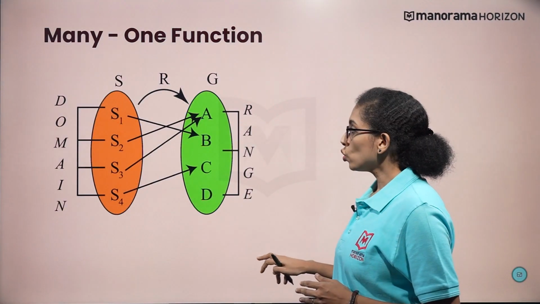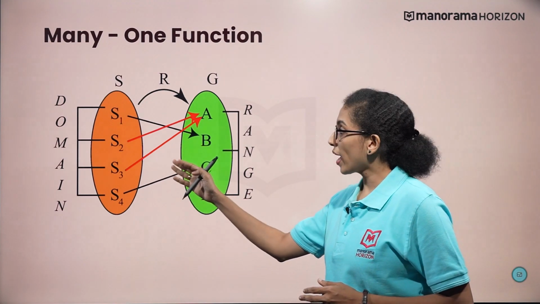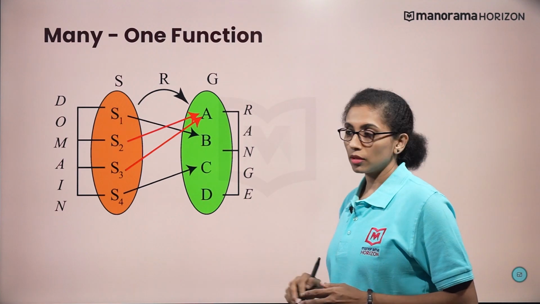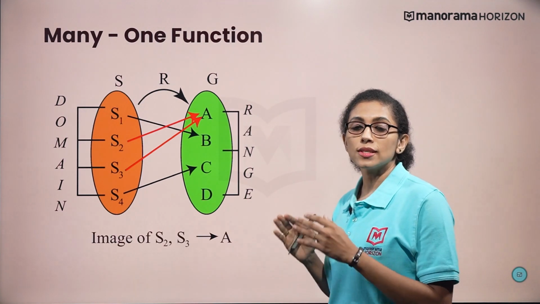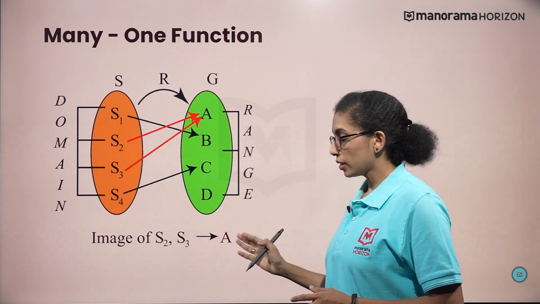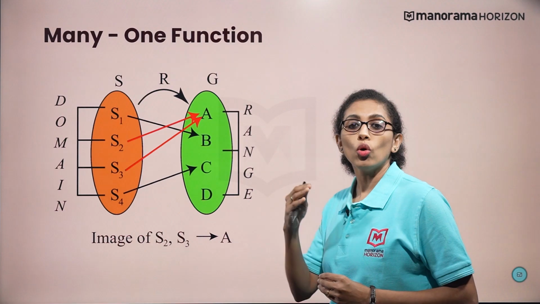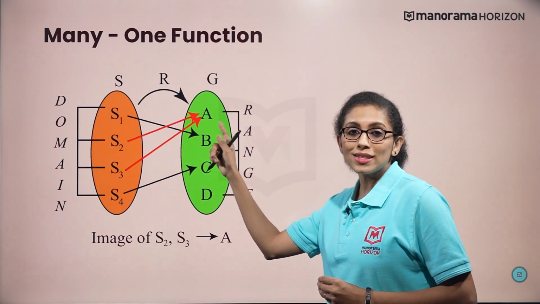Notice, two students S2 and S3 share the same grade A in mathematics. That is, S2 and S3 have the same image, that is grade A. In simple words, two or more elements in the domain map to only one single element